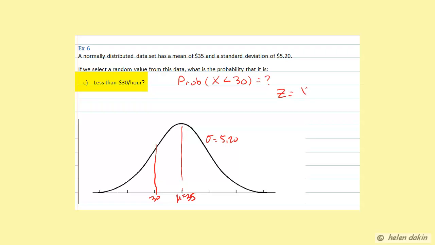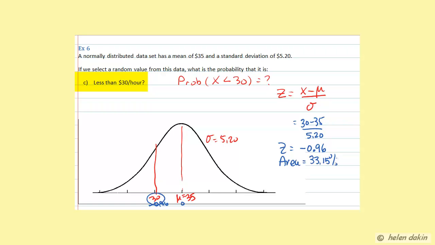The z value is going to be x minus the mean over the standard deviation. Substituting, for that x value we'll have 30 minus 35 divided by the standard deviation of $5.20. So that z value is going to be minus $5 divided by $5.20. That z value corresponds to negative 0.96. That tells me that the value of 30 is exactly 0.96 standard deviations below the mean. If the mean was at 0, that would be at negative 0.96 standard deviations. I need to find an area that corresponds to that, and that area we've already determined from our normal tables is